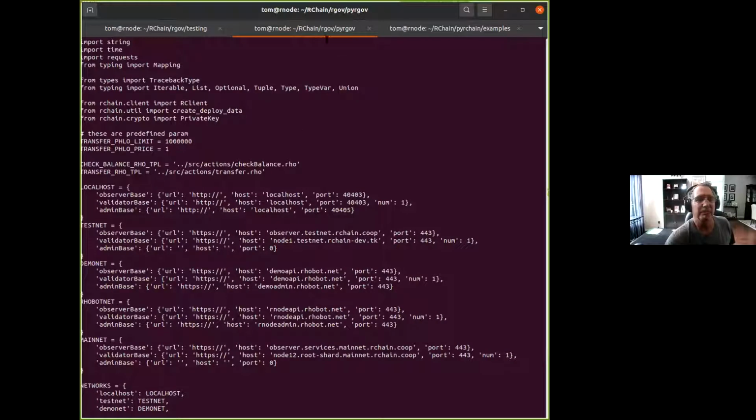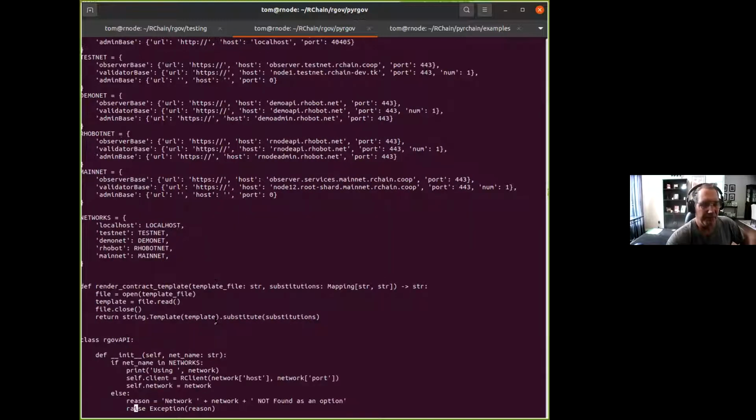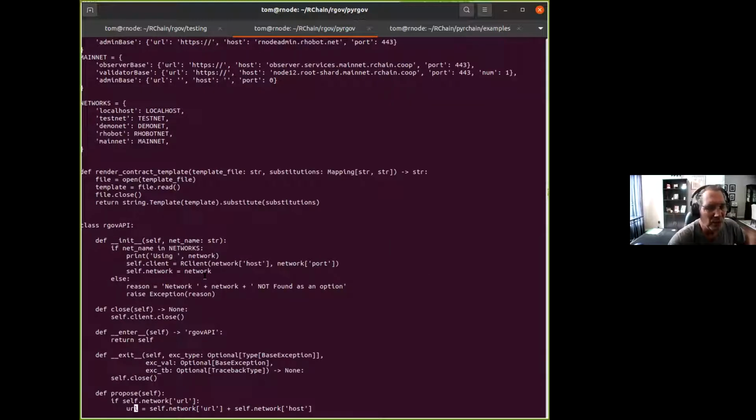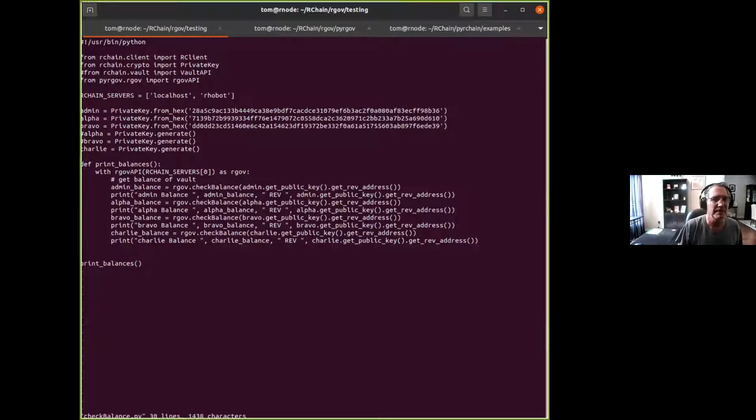Basically, I'm creating a Python RGov API. I'm calling it pyRGov. This is kind of what it looks like from the test side. You basically